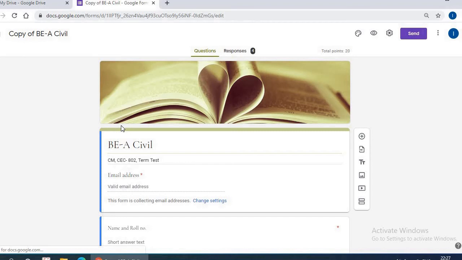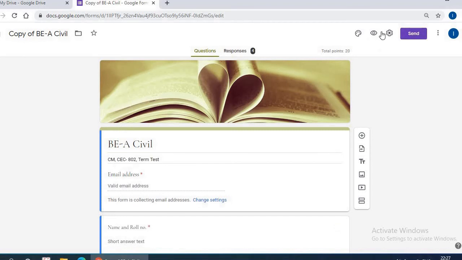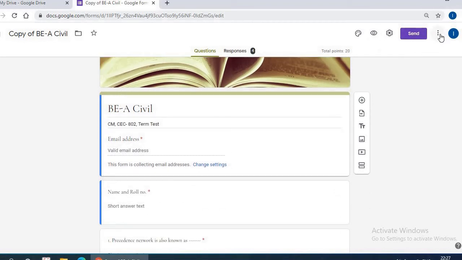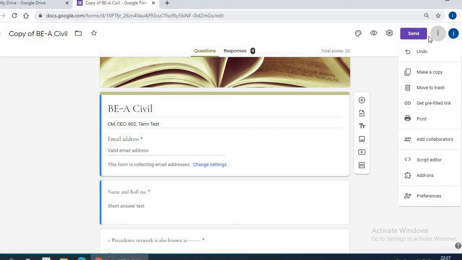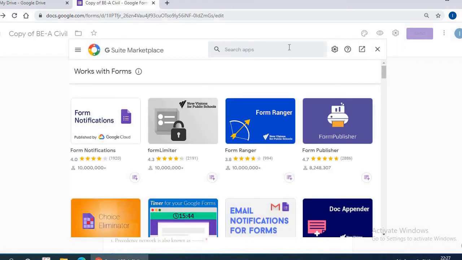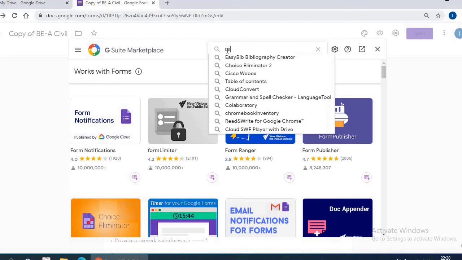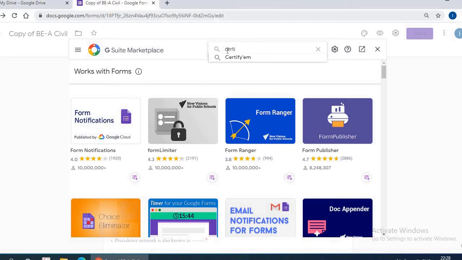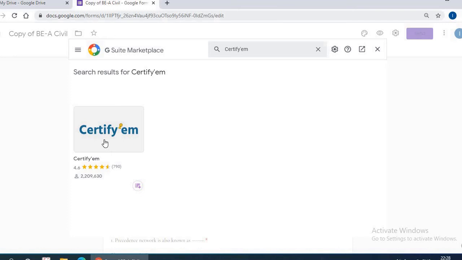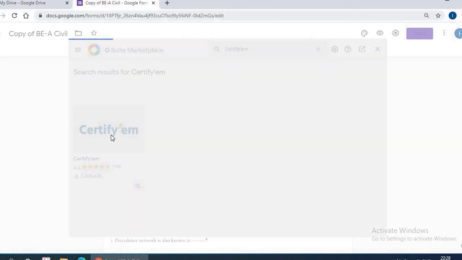This is the Google form, and you click on the right side three-point tab. Below that you have add-on. Click on that, and search apps is open. There you put CertifyM. CertifyM comes.